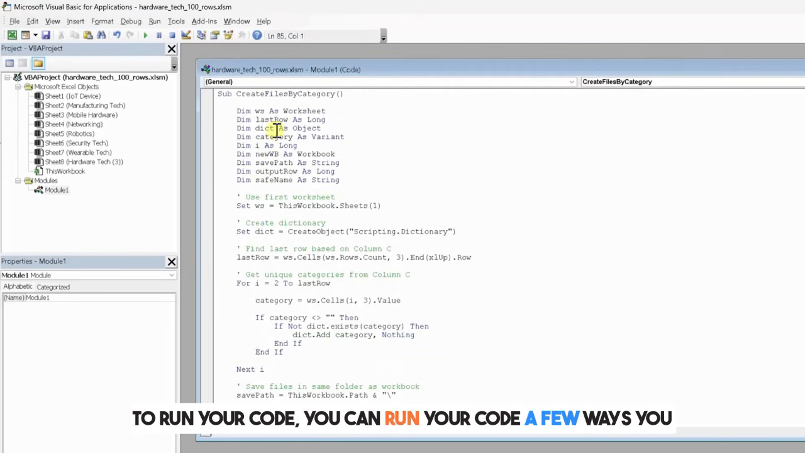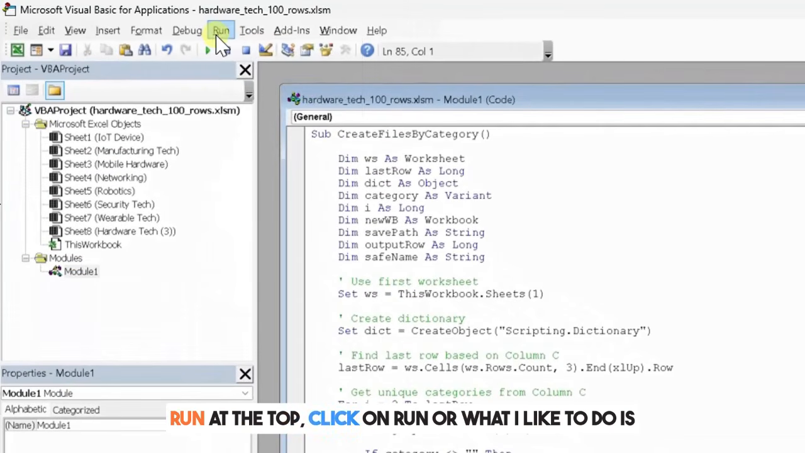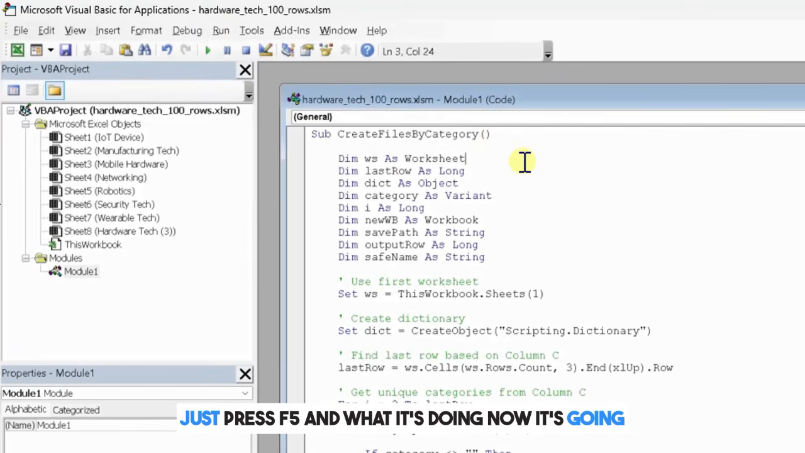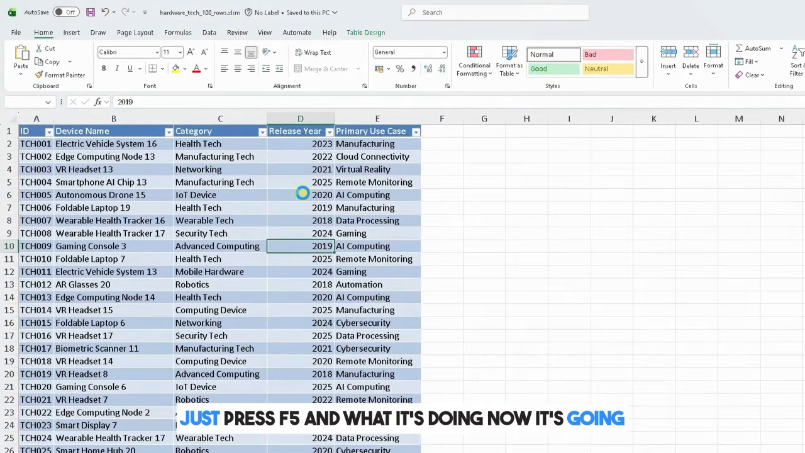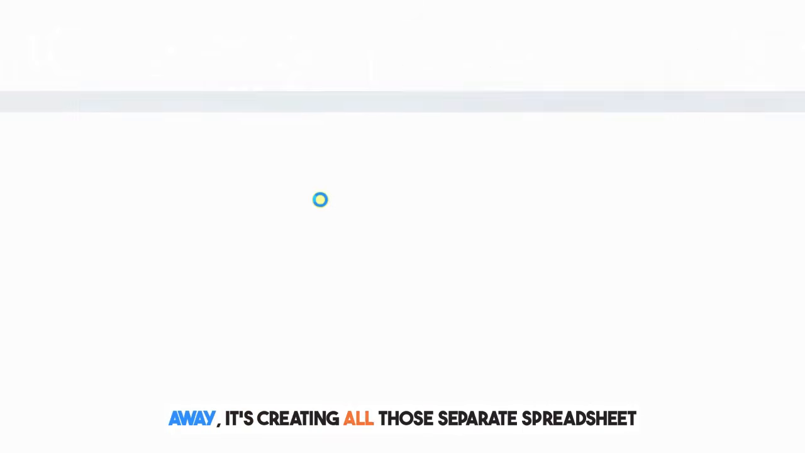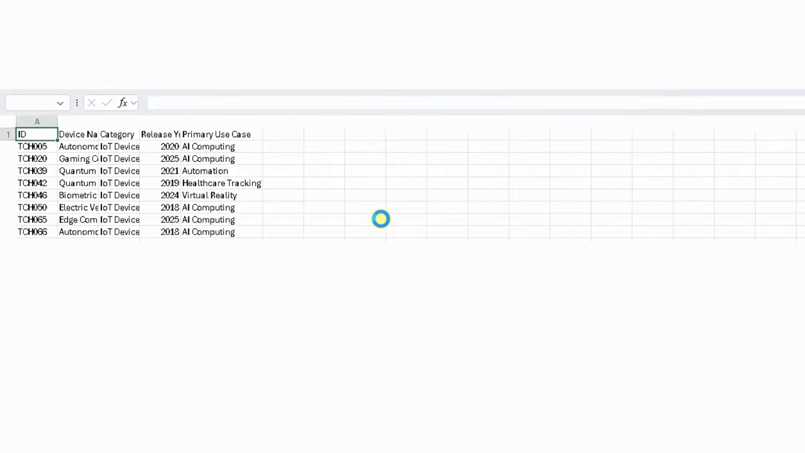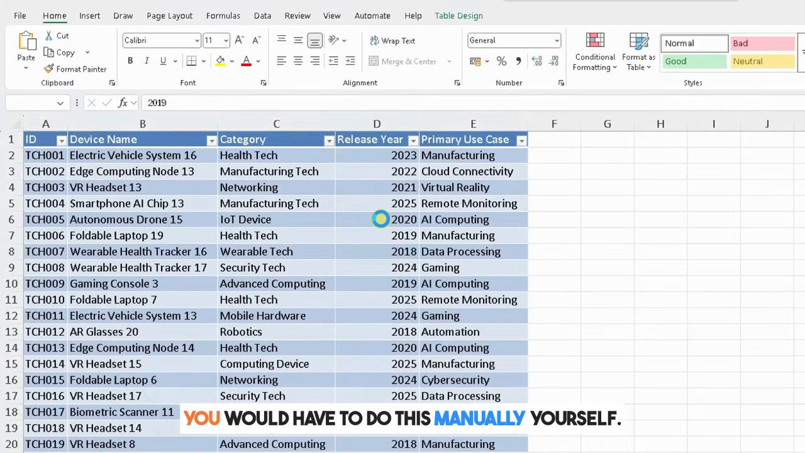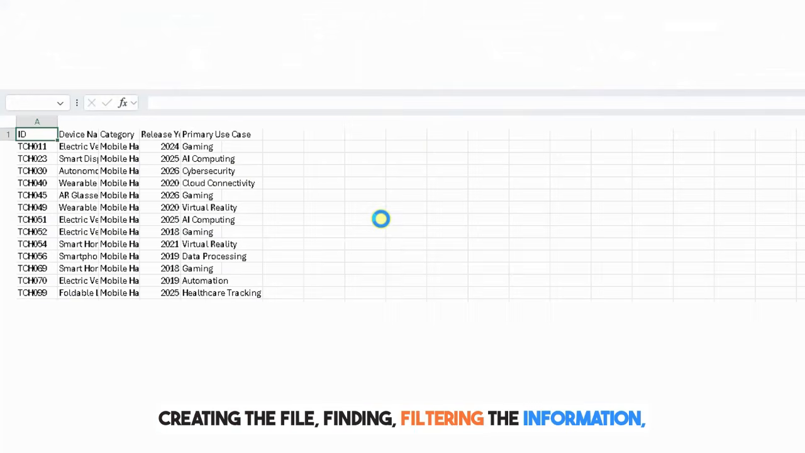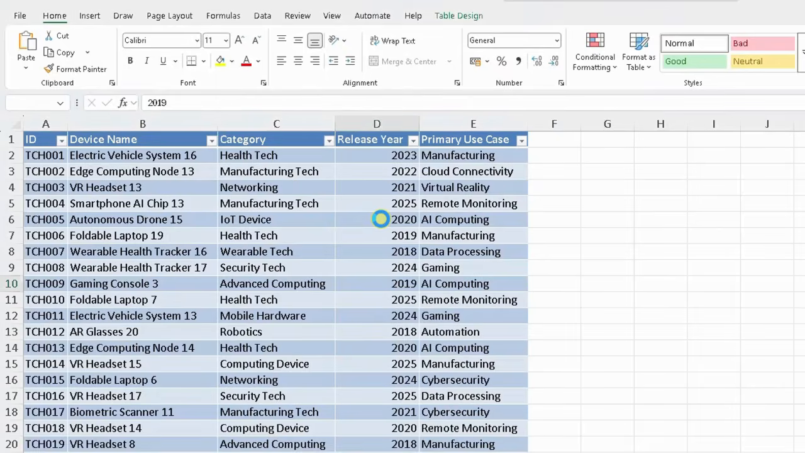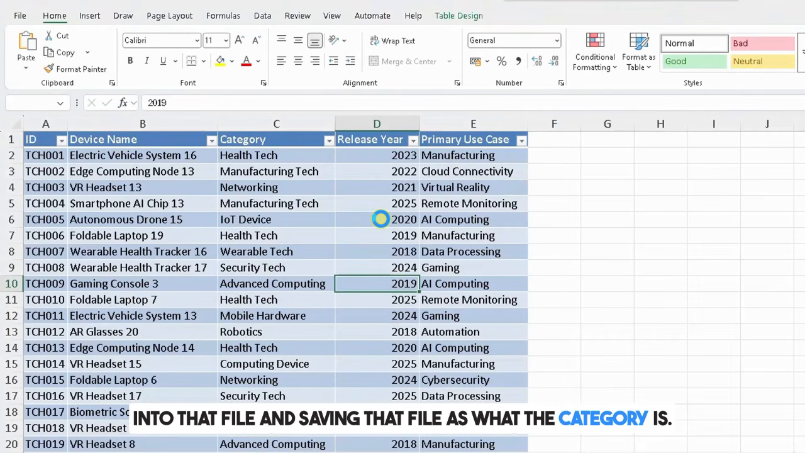To run your code, you can run this process a few ways. You can either go to Run at the top, click on Run, or what I like to do is just press F5. And what it's doing now, it's going away, it's creating all those separate spreadsheet files. Think about you previously, if you didn't know how to do this, you would have to do this manually yourself, creating the file, filtering the information, copying and pasting the information into that file and saving that file as what the category is. It's done its task, it's saved,